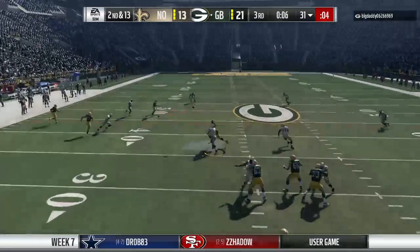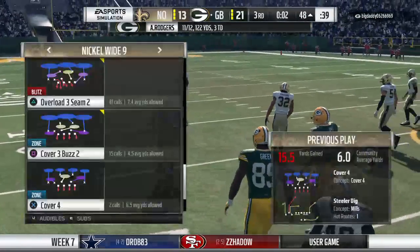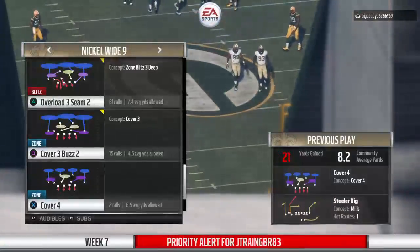Working from the gun. Rodgers. Caught left side by Cobb. And a nice gain of 21 yards. And defensively, they were in zone coverage there. Do you have to be a little careful? You're losing playing against a good...